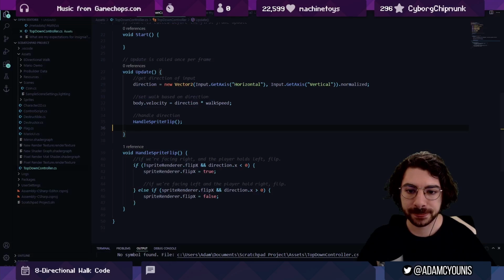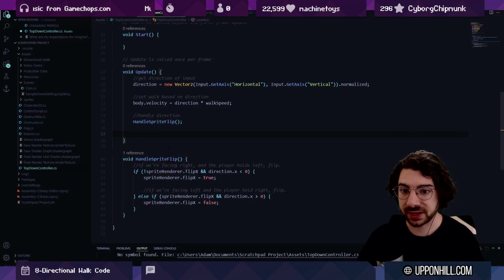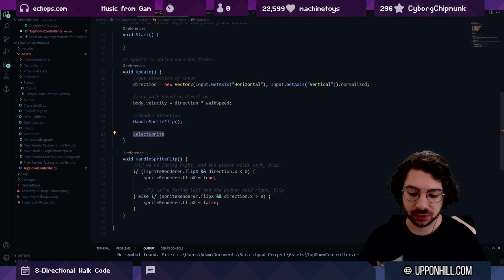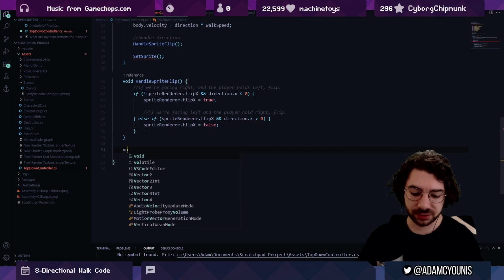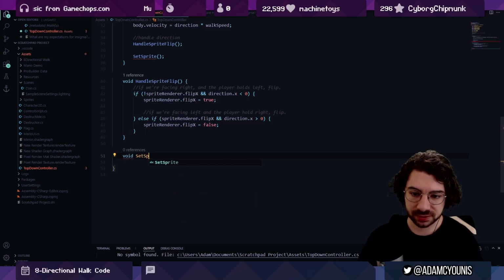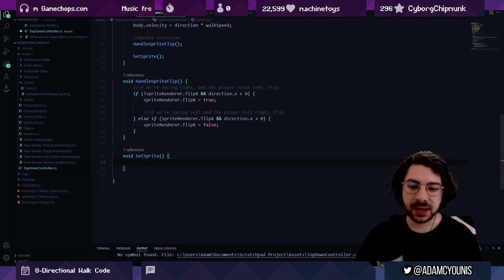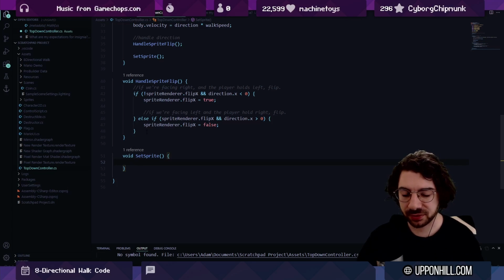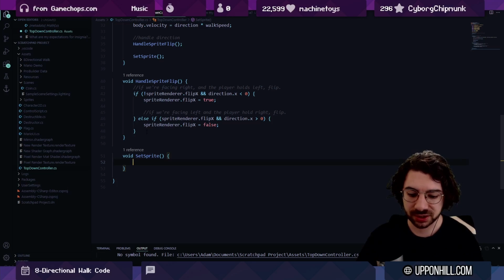Great. Now, for what we really came here for, we want to be able to select sprite or set sprite. So let's make another new function and call it SetSprite. And what we're going to do is I'm going to keep it really simple. I'm not going to use any crazy math to determine which of the 5 animations we've picked. I'm just going to use hard logic, and I think you'll appreciate this because it's easy for you to understand later. So we're going to say if